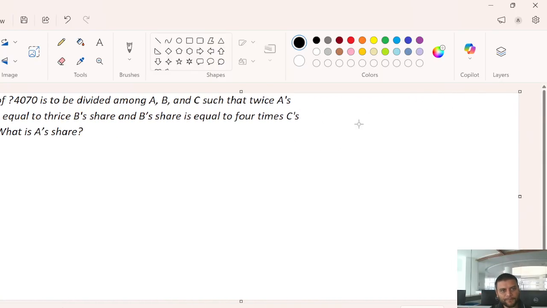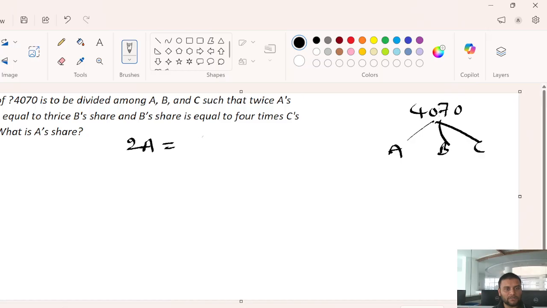This question says a sum of 4070 rupees is to be divided among A, B, C such that twice of A, which is 2 times A, is equal to 3 times B, and B's share is equal to 4 times C. So this is the statement given. Let us find the ratio. A by B is equal to 3 by 2,